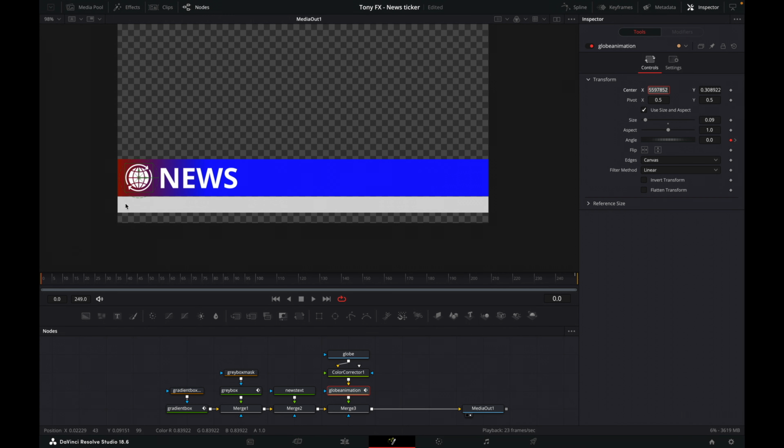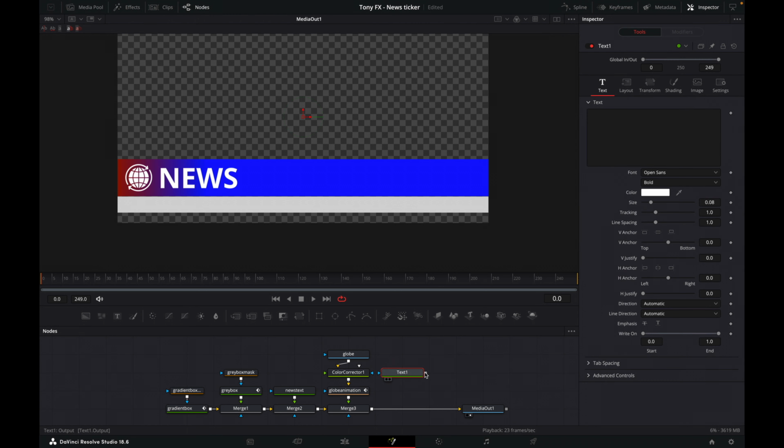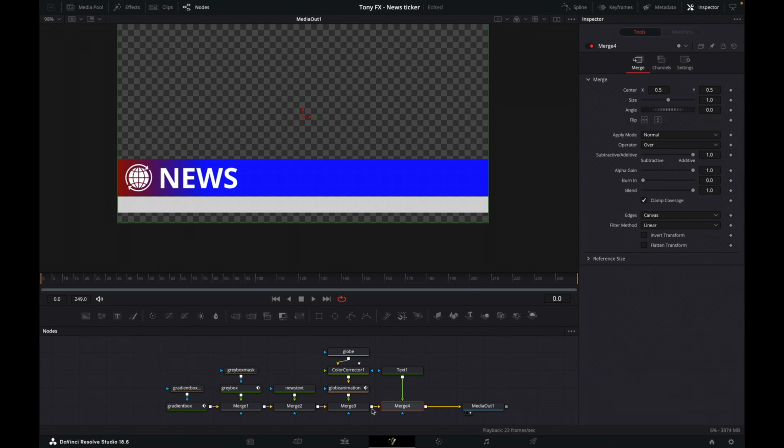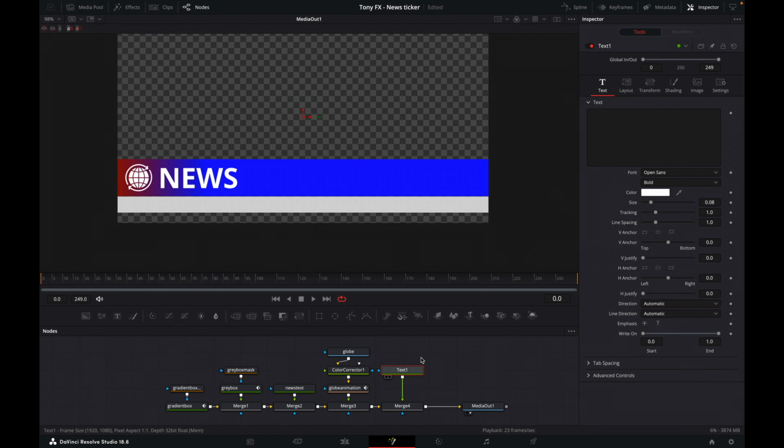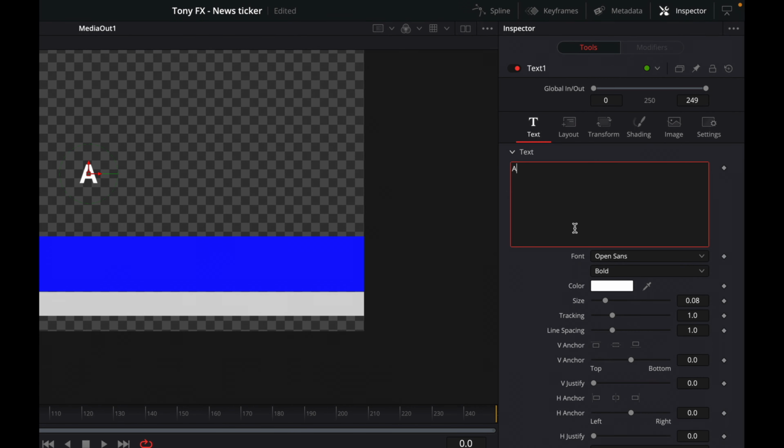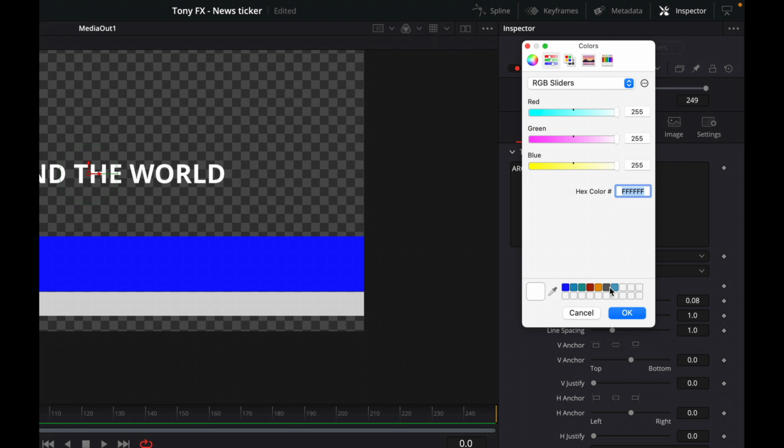Now we need to add our around the world text here, our main story, and then our 2 boxes here, and then our kind of ticker tape at the bottom. So let's add our around the world. So again, grab a text node and merge it in, and click on the text, and then we'll type in here around the world. We want to change here the color. Let's change the color to black,